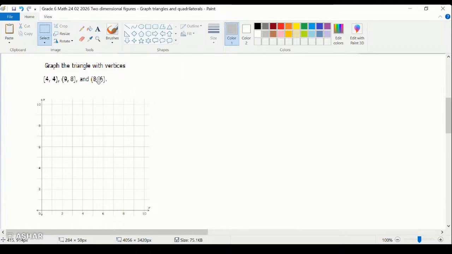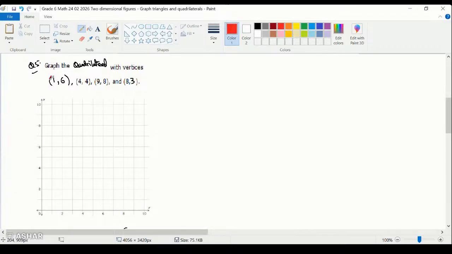Graph the quadrilateral in question number 5 with the given coordinates to be 4, 4, 9, 8, 8, 3 and 1, 6. Okay, if these 4 coordinates are given to us,